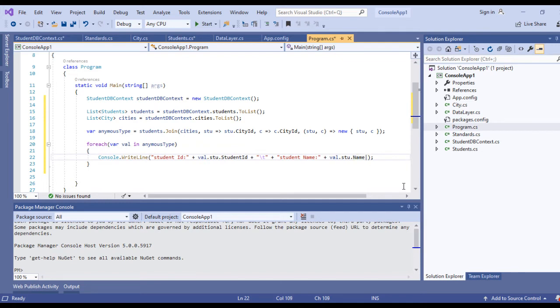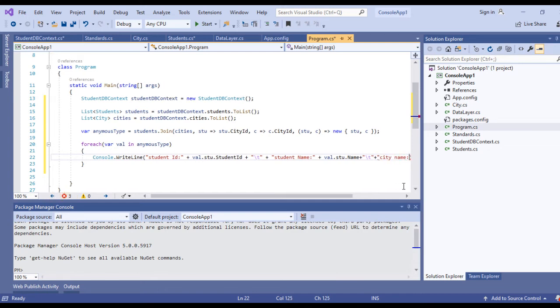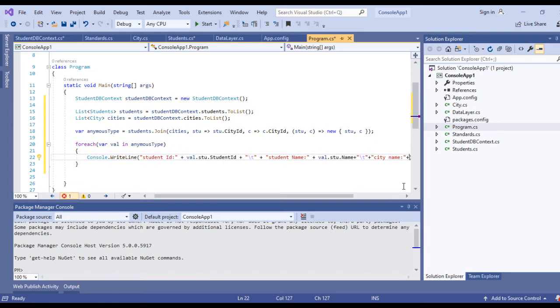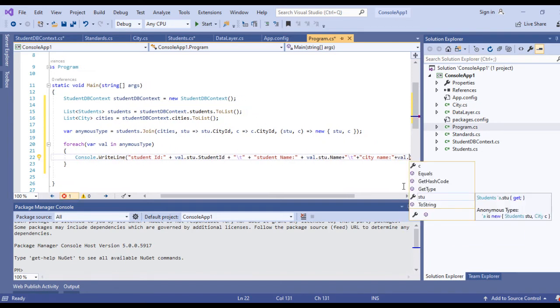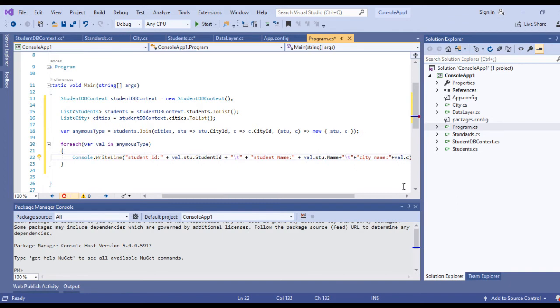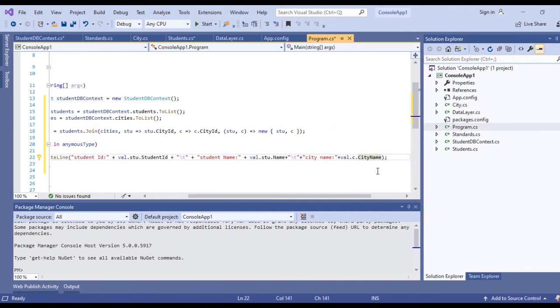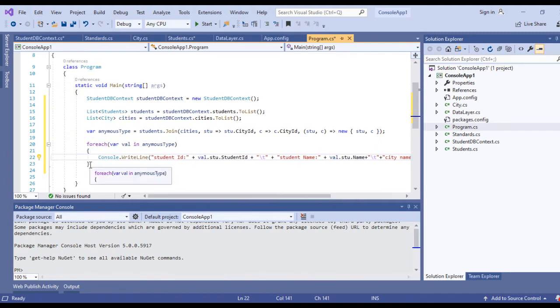Let's do it as it is, tab, and now city name. Now val.c, which represents city, dot CityName. So inner join is simple. Now let's run this.